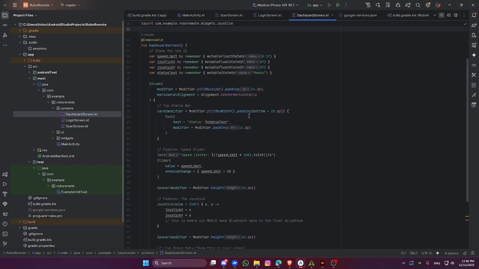in the dashboard screen section, we are preparing the groundwork for hardware communication. We have set up the UI components, sliders, and joysticks to capture float values right now. These update internal state, and in the next sprint, the final part of my project, I will be implementing the trigger and the Bluetooth GATT characteristics. So if we run the project,